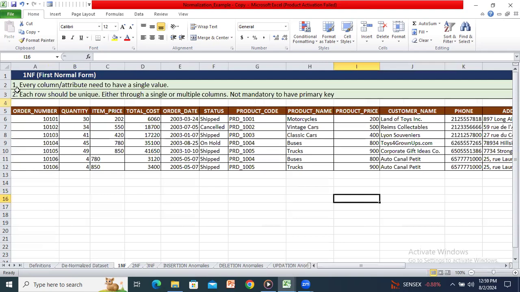Then that is fine. Then check the second rule. Each row should be unique, either through a single or multiple columns. It is not mandatory to have a primary key. So primary key and foreign key do not matter right now in this first normal form. But each row should be unique, meaning every record is unique. So for example, if you consider this particular column, order number, here some duplicated values are there. So this is not